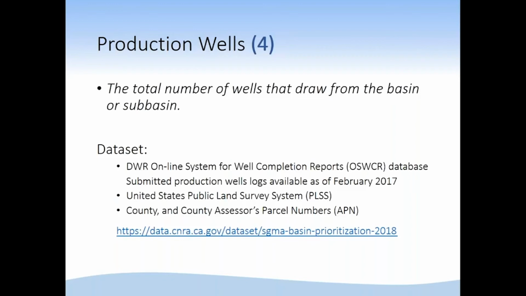And if it crosses a boundary, say between two basins, then we simply did a proportion between the two. In some cases it was 3 basins, in other cases it's somewhere in and out of basins. So we only allocated a portion of those, but we don't know exactly which wells are in where within that section. So that was the best we could zero in on that. The parcel numbers would allow us to go into a little bit more detail, parcel locations, and be able to identify where these wells actually are.